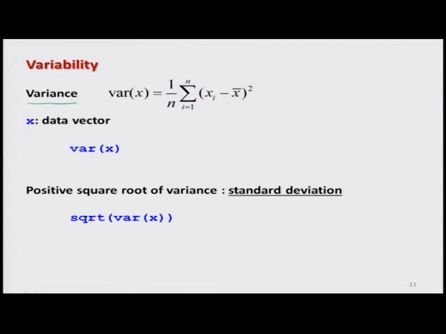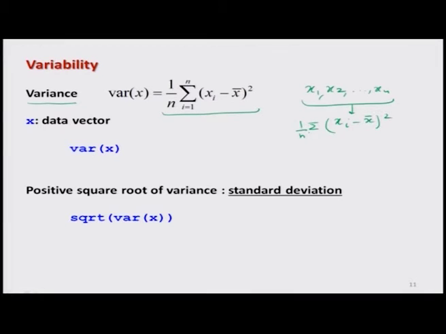The variance of a data set x, again I have got values x1, x2, xn. The variance of these values x1, x2, xn is defined by this: 1 upon n summation i goes from 1 to n, xi minus x bar whole square. So it is simply trying to say take each value x1, x2, xn, then find the difference from their arithmetic mean, then square them, then take the average of these squared values, and this function is called variance.